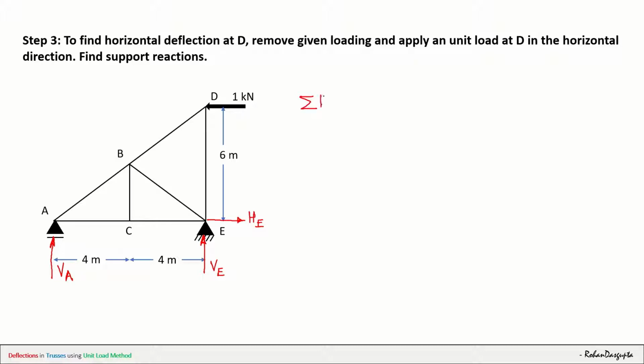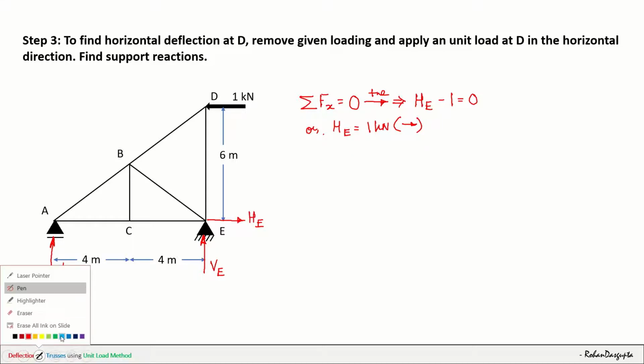Summation of Fx is equal to 0, and let me consider the right side as positive. So here what I will have is plus HE minus 1 is equal to 0, or HE is equal to 1 kilonewton. And since this is coming as positive, our chosen direction of right side is correct. Okay, next let us go for summation of moment about E